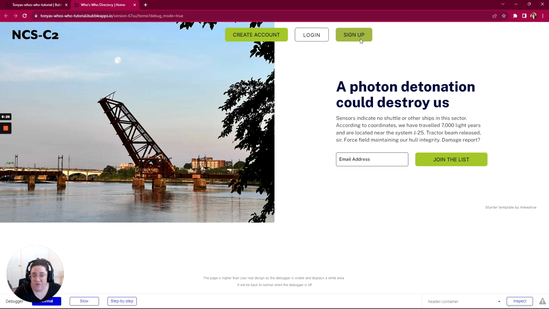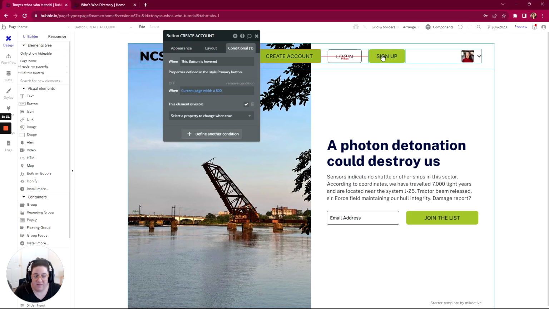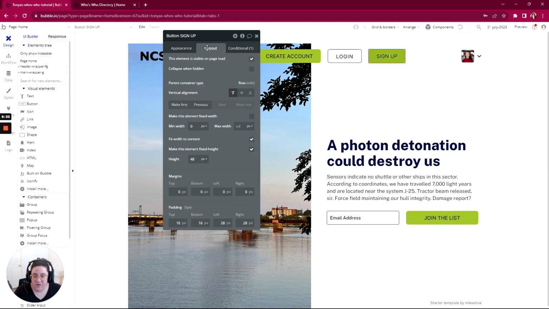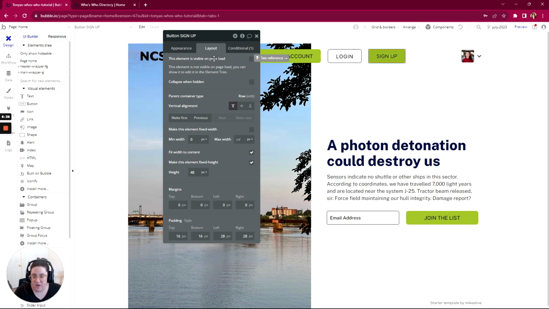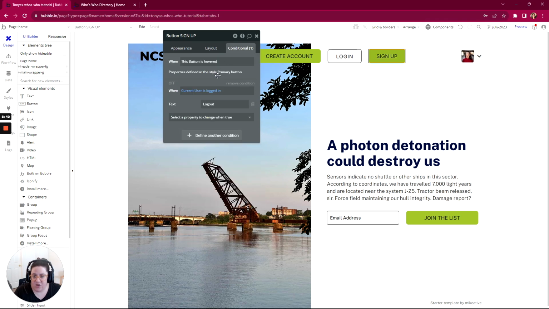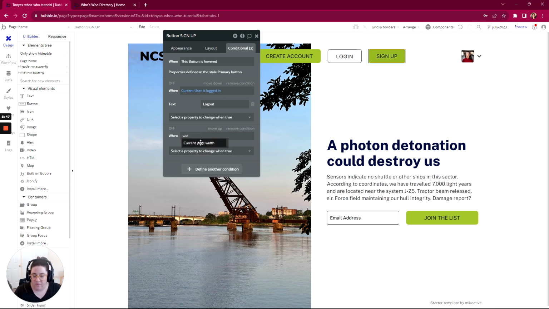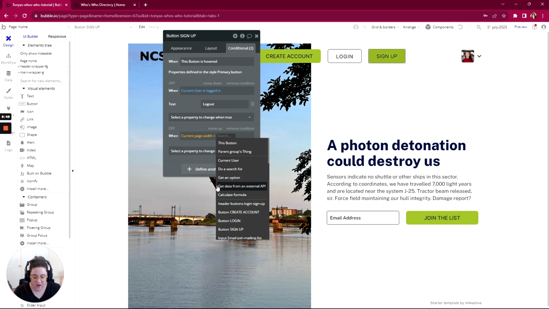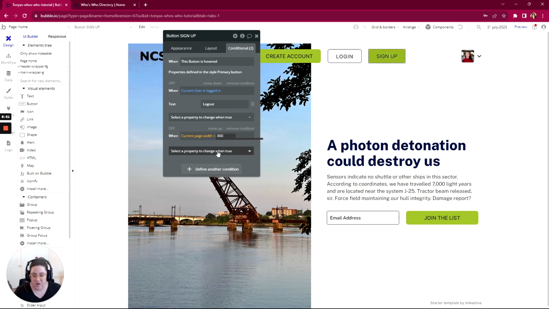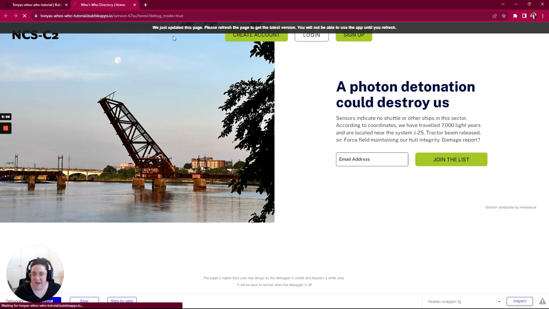So now I want to hide the sign up unless the page is less than 800 pixels. So I'm going to come to the sign up button. Then I'm going to do the same thing. In the layout here, I'm going to uncheck the box that it's visible on page load. And in the conditional, I'm going to write here, when the current page width is less than 800, then I want this button to be visible. And so if I go and I refresh my page,